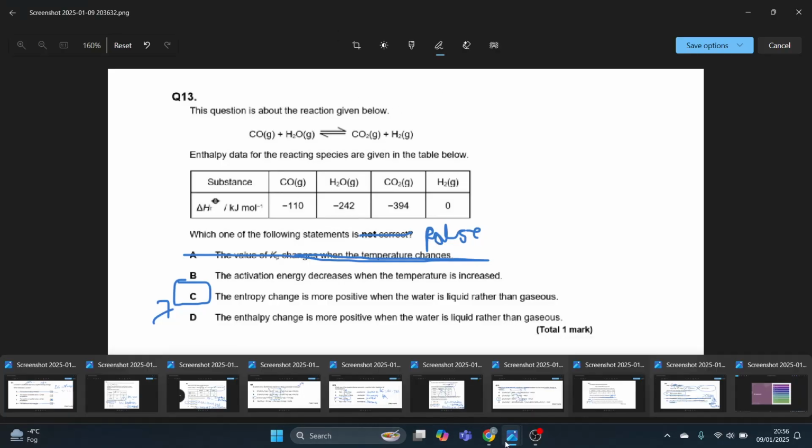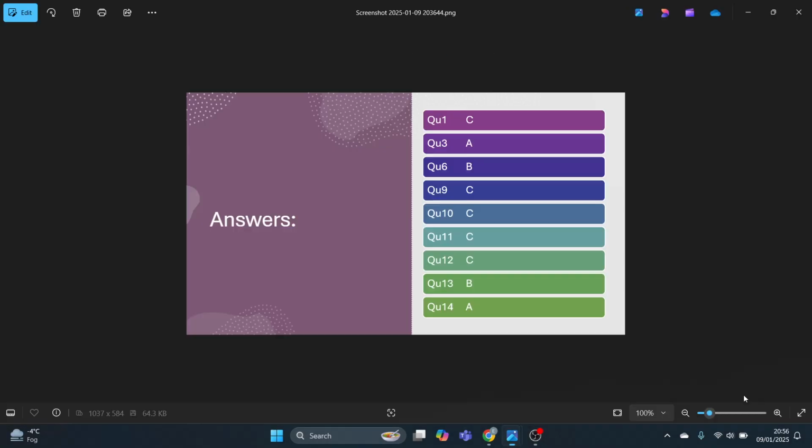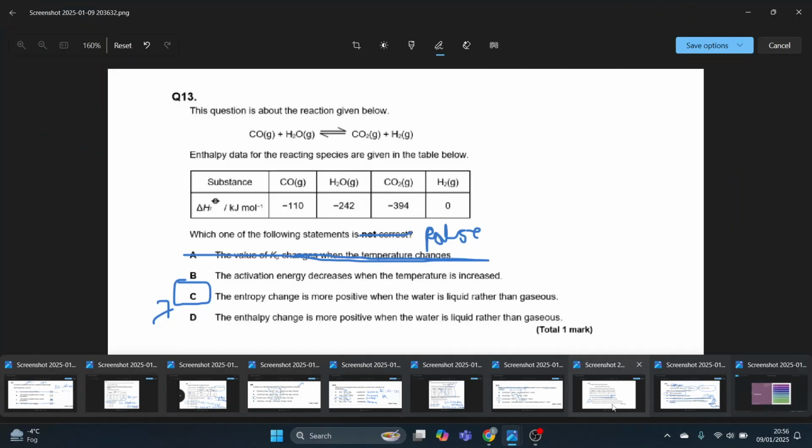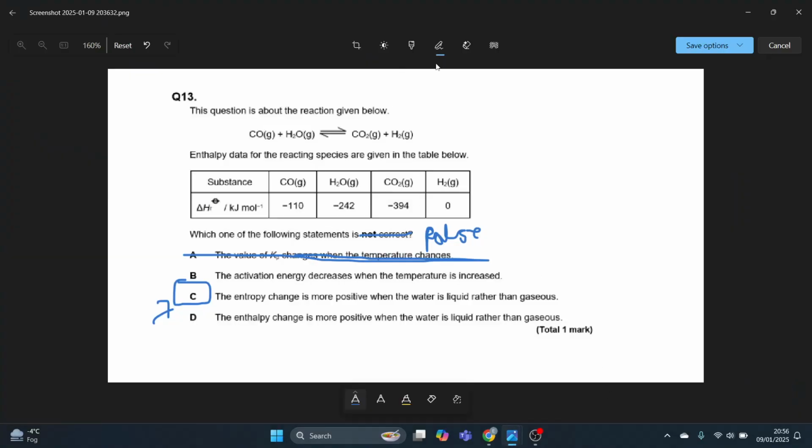And the correct answer was B. And it does make sense now, look at it. Reason being is because, wait, it said which one of the following statements is false, not true. I fell for that same mistake again. Entropy change is more positive when the water is liquid rather than gaseous. That is true. Yes, because if you think about it,